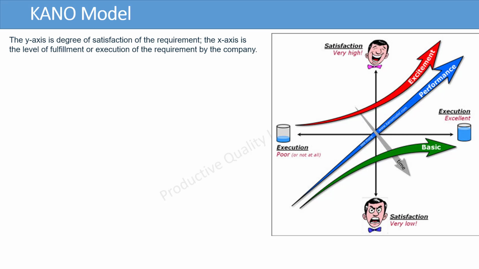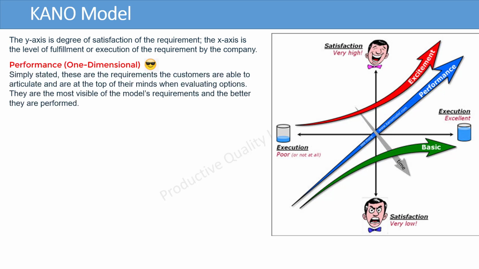The y-axis of the Kano model is the degree of satisfaction of the requirement. The x-axis is the level of fulfillment or execution of the requirement by the company. Kano's model maps individual features onto 5 grades. Each grade indicates how customers perceive a specific feature and how it relates to customer satisfaction. The 5 grades are: